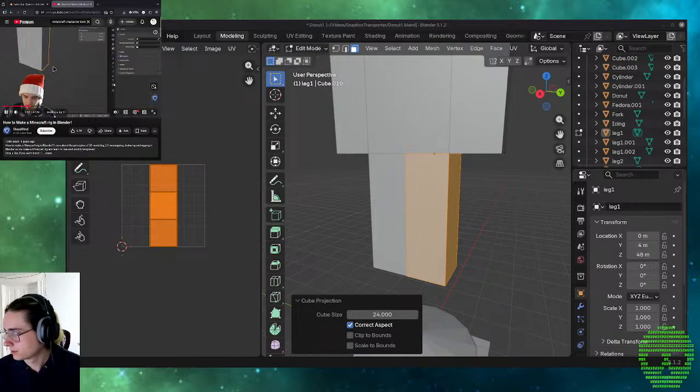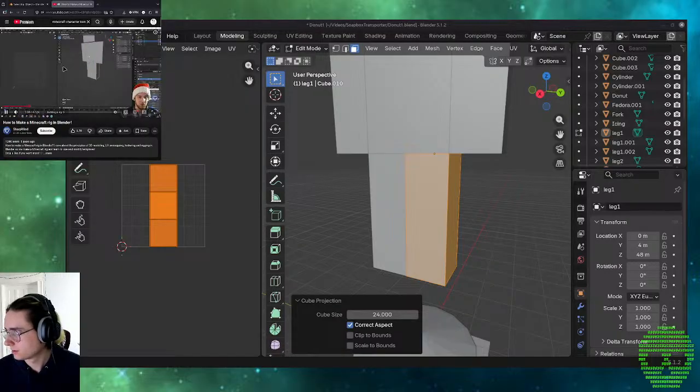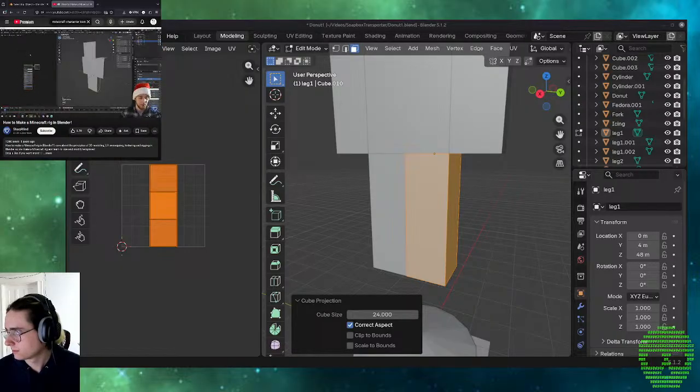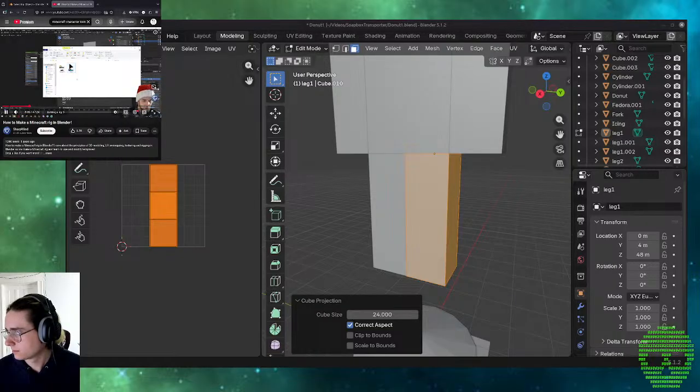So let's apply a material to this. Go into this material icon down here and make a new material. Call it skin. Instead of UV unwrapping, it's best if we first go into the shader editor. This is where all your material stuff happens. I pressed N to get rid of this stuff because it's annoying. I have a folder here which has